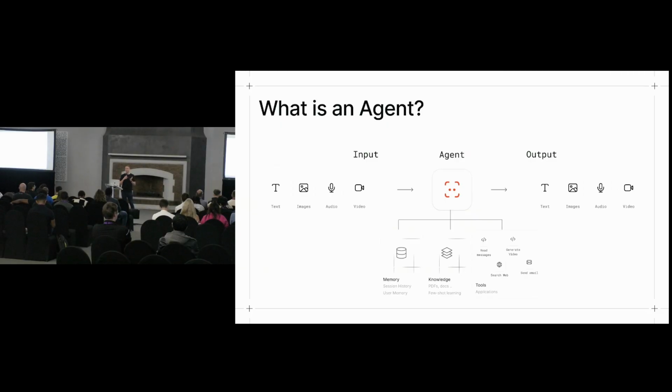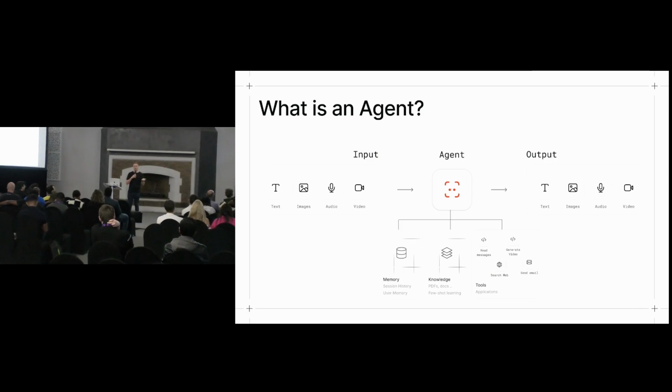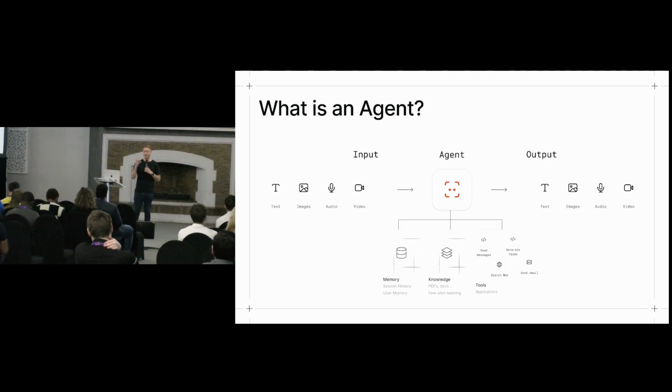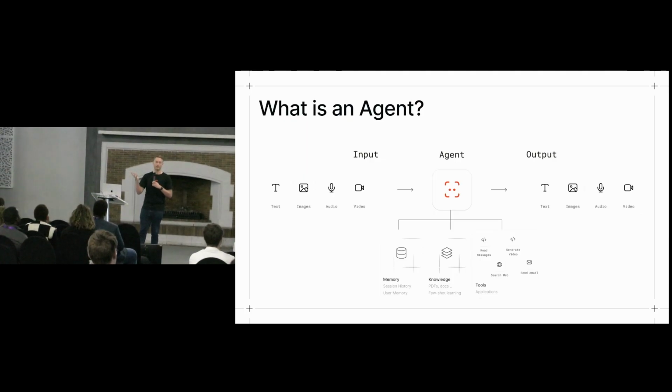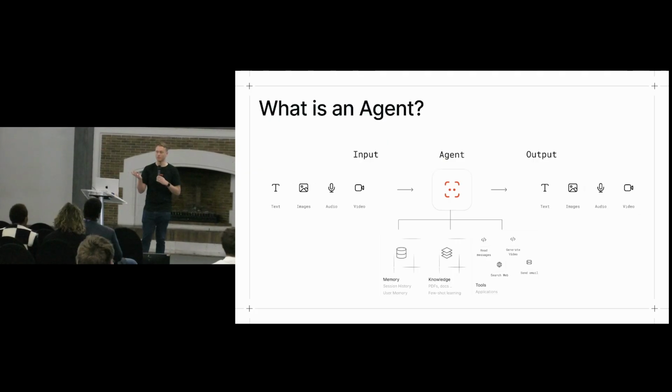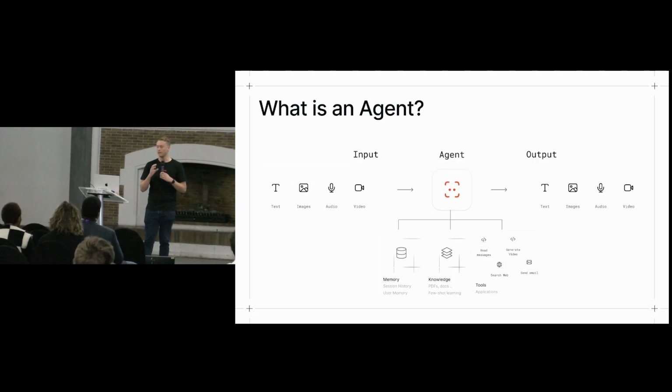Agents these days are quite powerful, and there's a wide array of features. You can pass text, images, audio, video to an agent. It can also generate text, images, audio, video, also files. You might have tried to have ChatGPT generate a PDF for you. That is part of what an agent can do. And then to supplement the functionality of an agent, as I mentioned, memory, knowledge, tools.